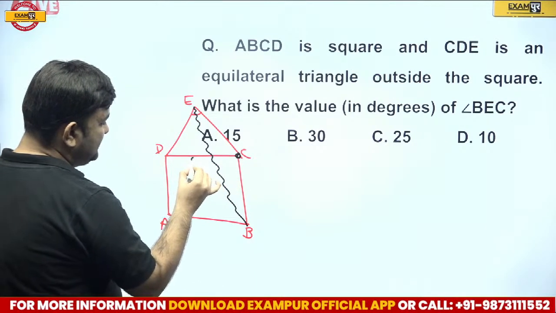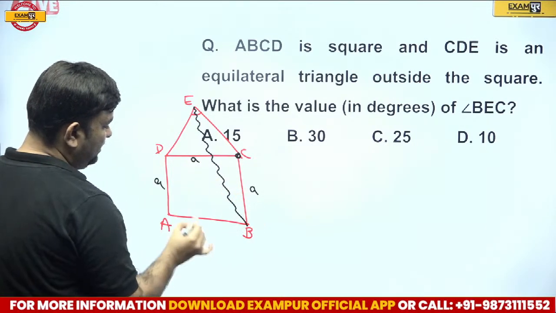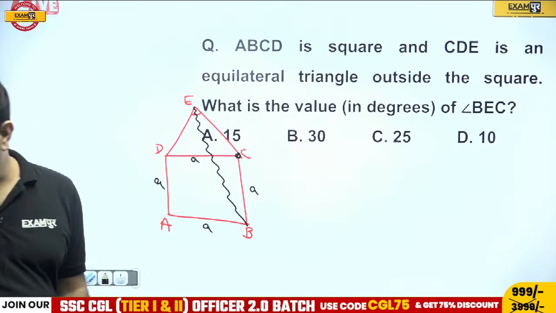For a square, guys, each side is A. And this one side is common to